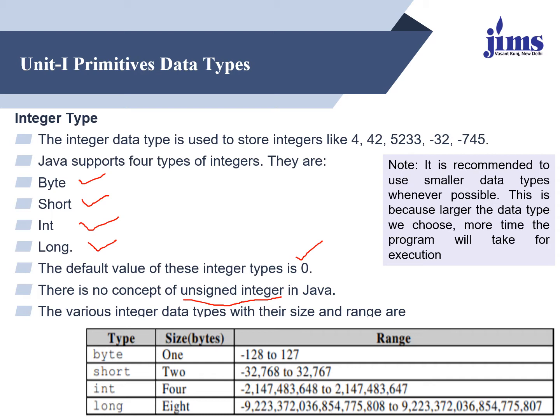And when we talk about the size of all these data types in bytes, byte holds 1 byte, short holds 2 bytes, int holds 4 bytes, and long holds 8 bytes. And this is the range. If we declare the data type as byte, it will range between -128 to 127, short -32,768 to 32,767. For int, you can just look at the numbers. This is the range, and in long, the range gets higher and higher. So it depends how much size of value you are going to store in a variable.